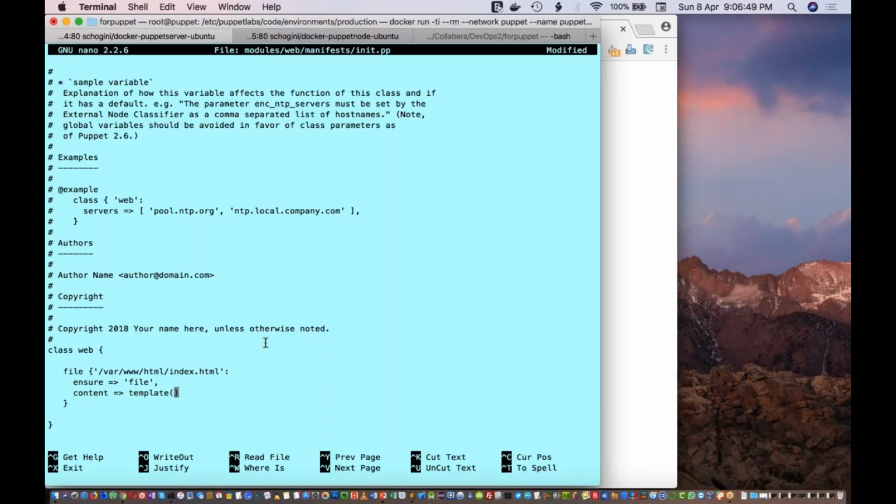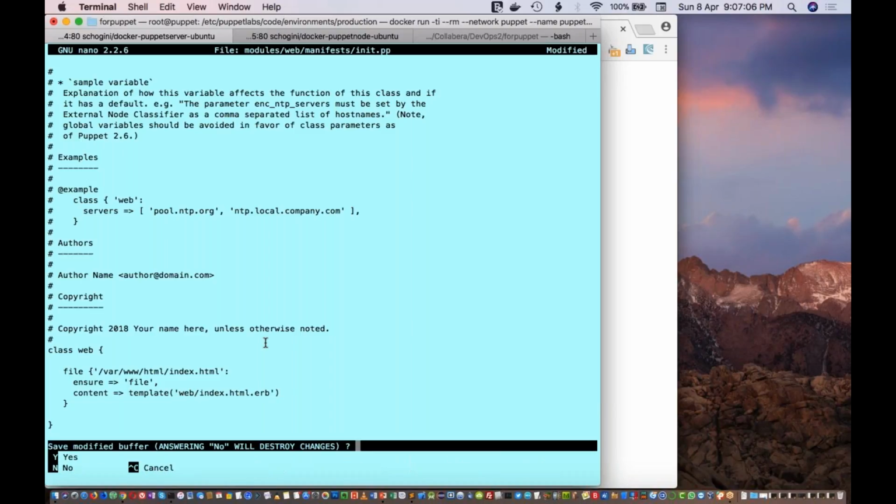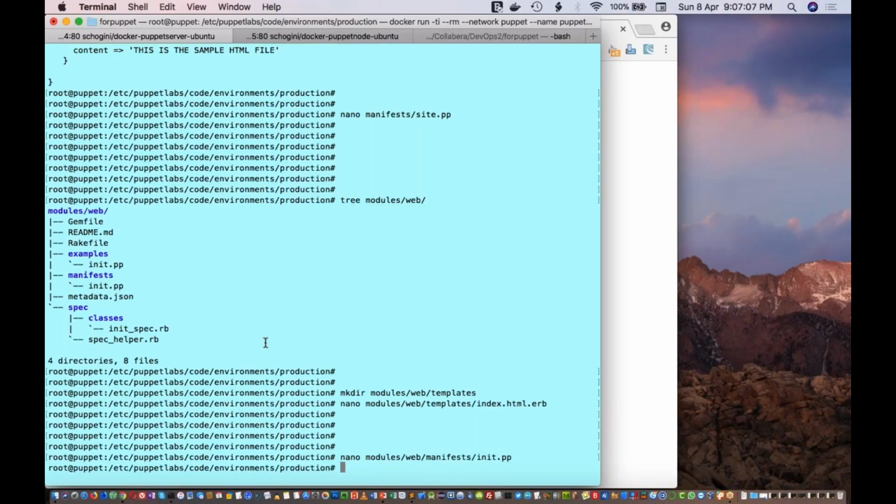Using template, I'll specify the name: this is the module, and inside this module I have index.html.erb. This is the file that I created, right? So this file name I'll specify, inside this web module. Okay, now I'll save this one.